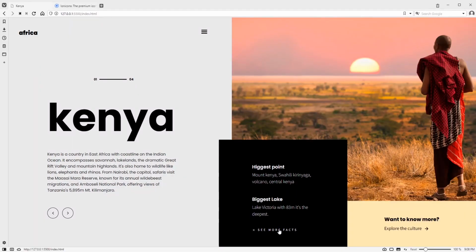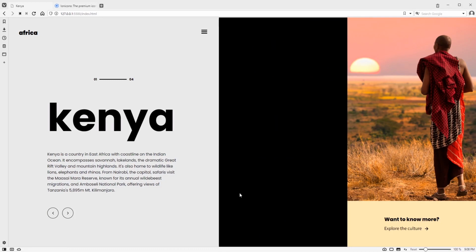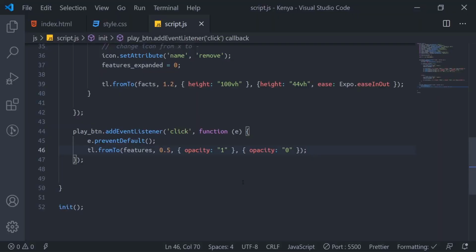Let me just end this here first. If I click now, you see it hides them. By the time we hide, we need to expand. In fact, after I hide, we need to set display none. Like we set the display from block to none.